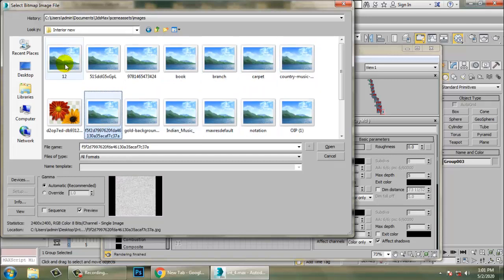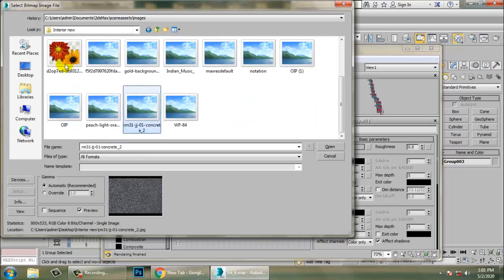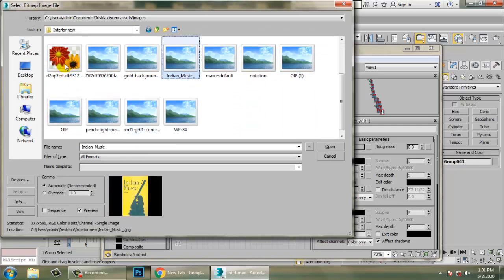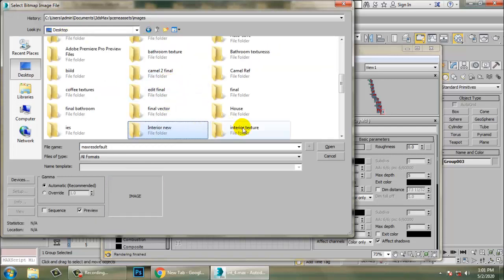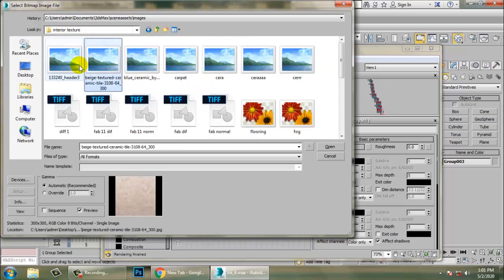So just assign a wooden texture. We have one more folder over here for interior texture.